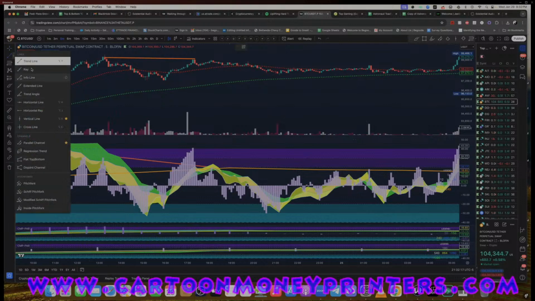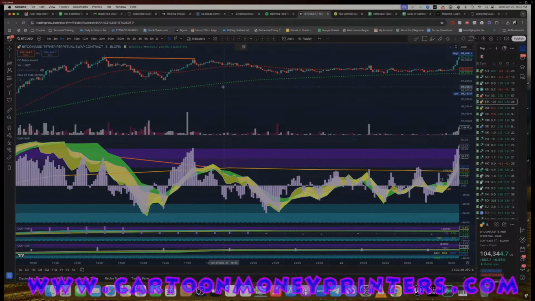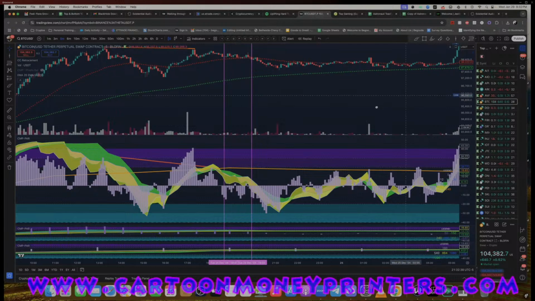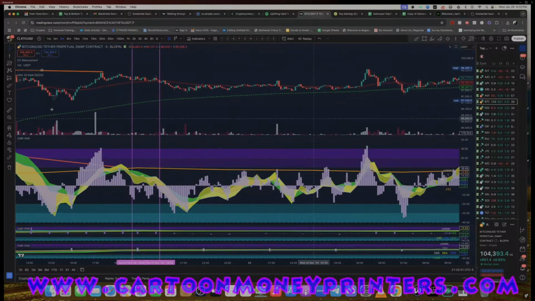I'll put a couple lines in. Okay, so here's where I liked it, but if you're following the rules, it might have been a little bit challenging. But here, the 4 hours flat, actually starting to turn, and the ribbon is really starting to crank down. This one's not going to pay a lot, that's for sure. And you're still a little bit into that long. This is your other,